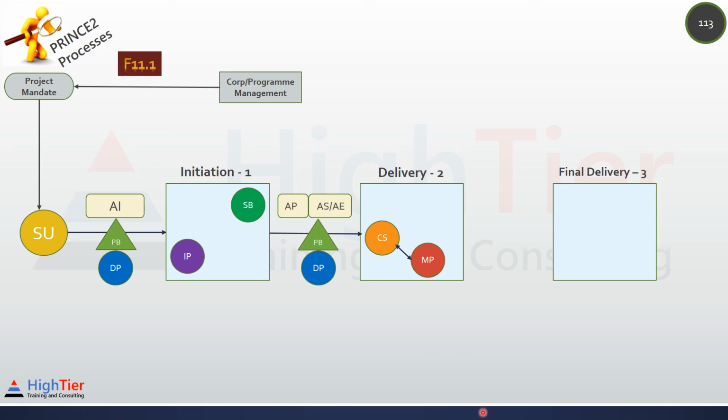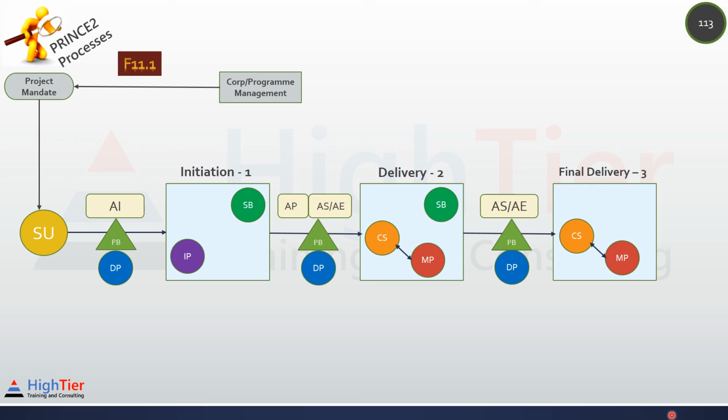End of stage approaching, and the process is managing a stage boundary. Remember, according to manage by stages principle, we cannot go into a stage without having a plan for that stage and get the plan approved by the project board. Again, assuming we got the authority to deliver the stage, we are in the final delivery stage, as we have only 3 stages. Since it is a delivery stage, we will have controlling a stage and managing product delivery process. End of stage is approaching. As this is the final delivery stage and the process is closing a project,